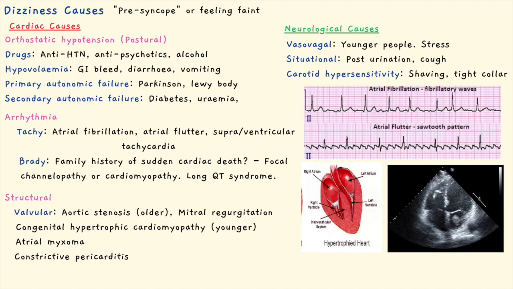There are also neurological causes of dizziness. In younger patients, vasovagal, and that's maybe the most stereotypical faint. You get stressed, you feel like passing out. You see blood, you feel like passing out. It could also be due to certain situations, situational syncope, and this is due to increased parasympathetic activity, for example,